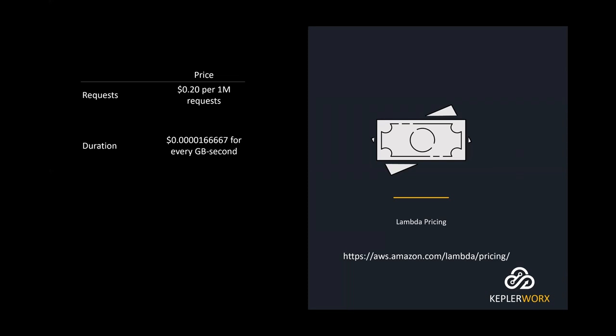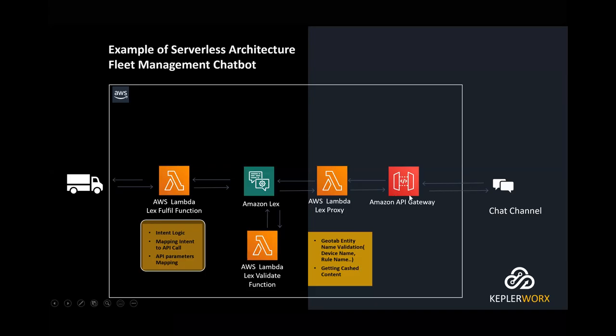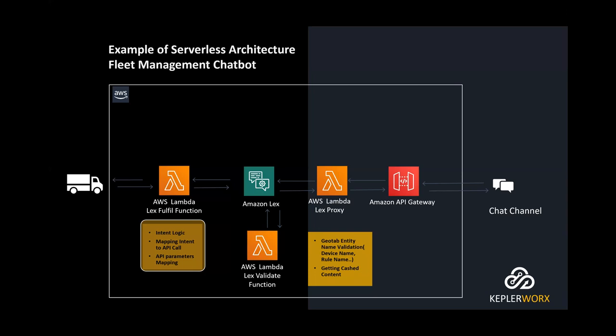In our previous slide, we also see that we use API Gateway. In many cases, your AWS Lambda will be exposed to the world using Amazon API Gateway, so you have to think about your API Gateway costing. It charges around $3.2 for 1 million requests. This cost should be involved in your calculation as well, and also the cost of your database on DynamoDB, which has its own pricing.